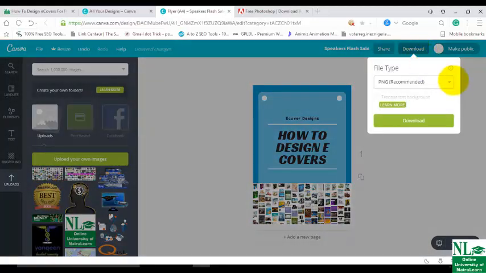So just click on download. This is PNG. You can also check down this arrow. If you need it in JPEG format, no problem. If you need it in PNG, no problem. If you need it in PDF, PDF print, etc. PDF print is always heavier than all of them. So I would like you to go with the PNG recommended. Click on PNG recommended, then click on what?